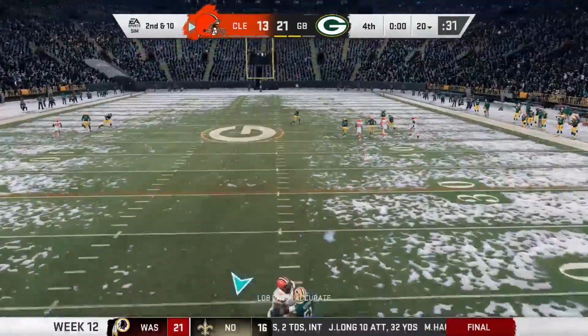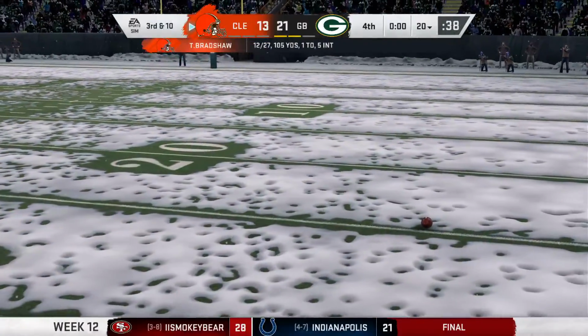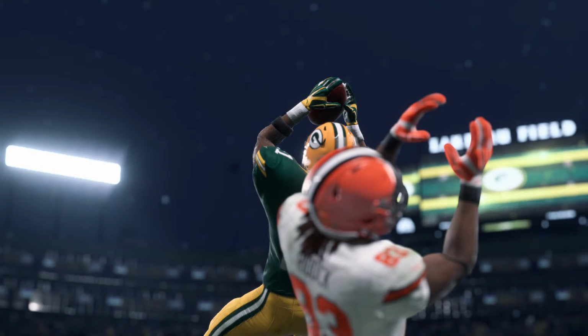Back to throw now on 2nd and 10. And it's incomplete. So their final drive comes up empty. And with that, the ball game is over. Well, going into the final play of this game, they knew that they needed some type of a miracle there at the very end, but